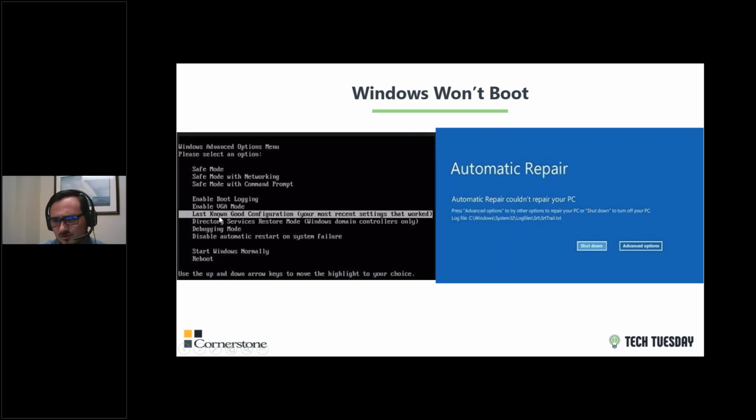You don't really need to concern yourself with that. 9 times out of 10, safe mode, last known good configuration. If you see this screen, those are the only options you need to click. I wouldn't even bother contacting your IT department if you see a screen like this, unless you've had a lot of other issues before you start it up.